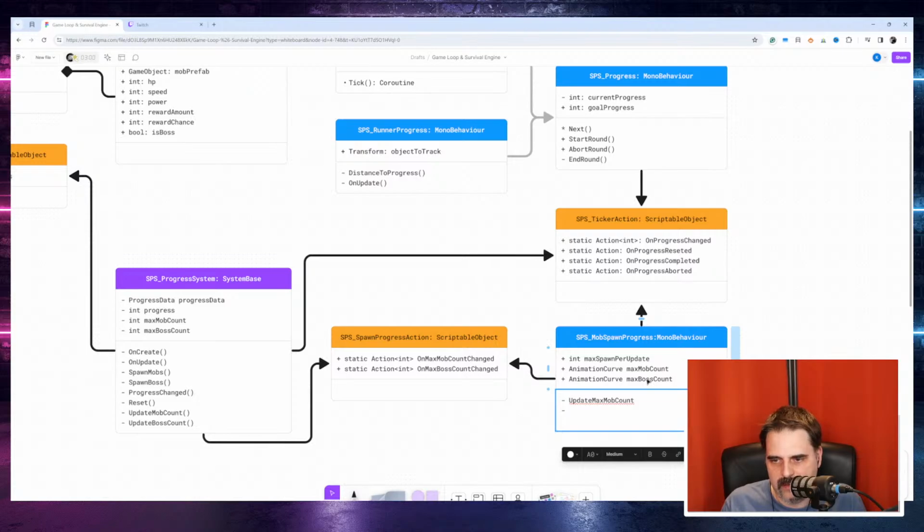I have a separate curve for the boss count. So maybe in the beginning I just have a few or one boss for a really long time, and then later on I can maybe spawn 2 or 3 at the same time, but not much more than that. But also this, I can use an animation curve to figure out for a certain time what is the amount of monsters, or bosses, I have to spawn in. And then if that's changed from the previous one,